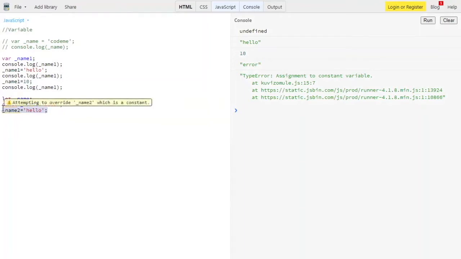And you can also put it over here as let, which can be reinitialized further. I will initialize it as "hello there", and then after that I reinitialize _name to something like "hi", so it doesn't give me an error. So control enter, and see, it doesn't give me an error. Why? Because let and var can be reinitialized further, but const cannot be. Once the value is declared in const, it can't be reinitialized or changed further.